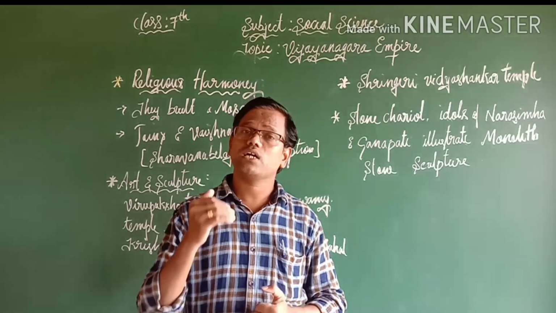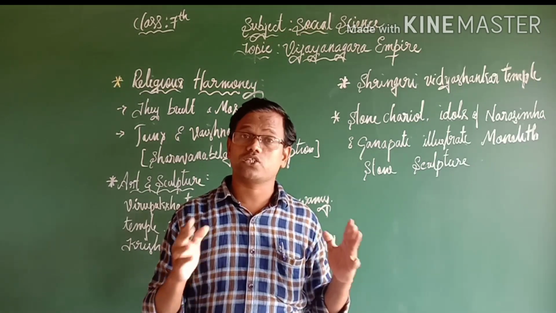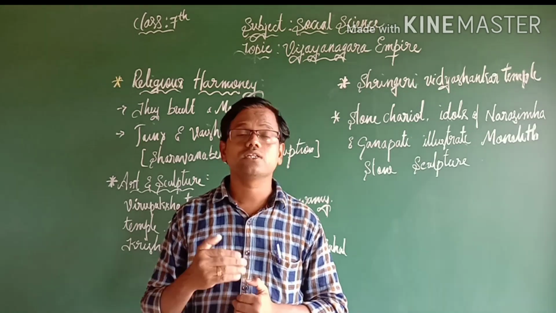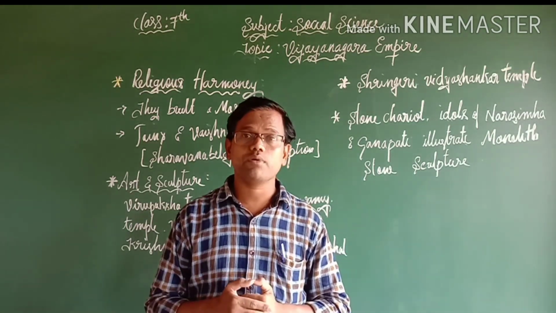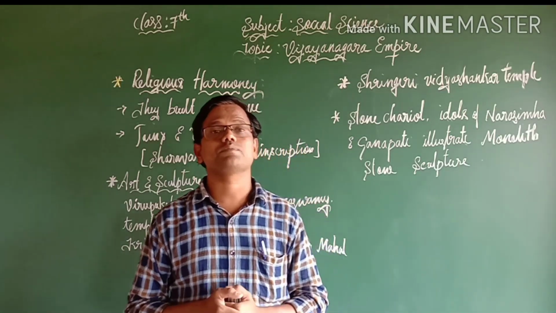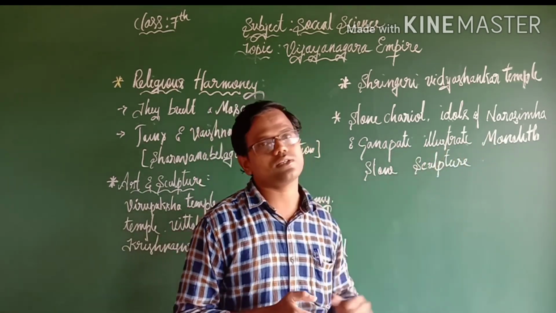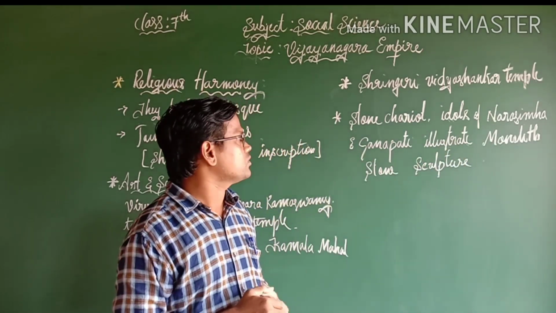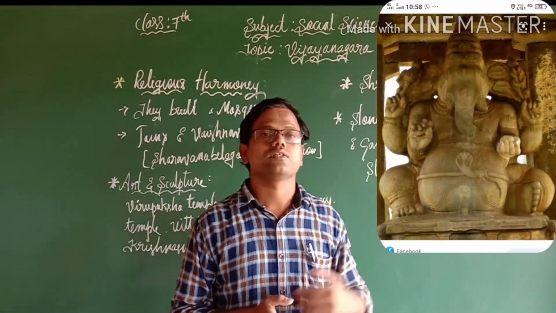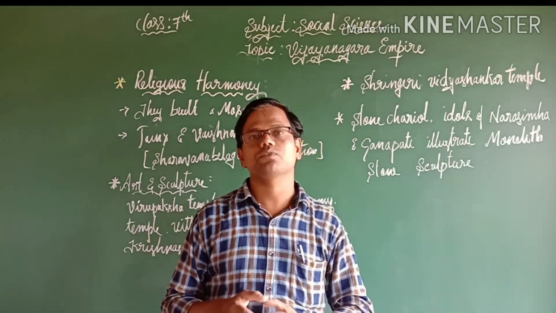And the Vijayanagara kings not only established temples in Vijayanagara itself, but also in many other places, like Kalahasti, Srisailam, Tirupati, Chidambaram, Srirangam and Kumbakonam. In these places we can see Vijayanagara art and sculpture also. With that, there were a few important monolith stone sculptures we can see in the Vijayanagara empire. Those were the stone chariot, and idols of Narasimha and Ganapati. So these were a few important monolithic stone sculptures we can see in Vijayanagara kingdom.